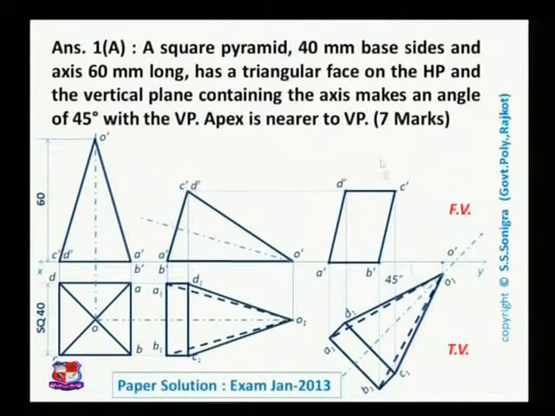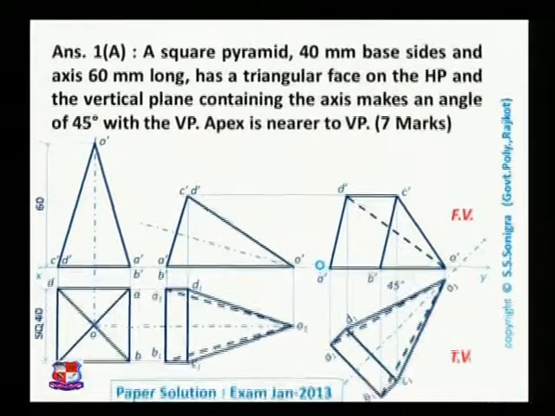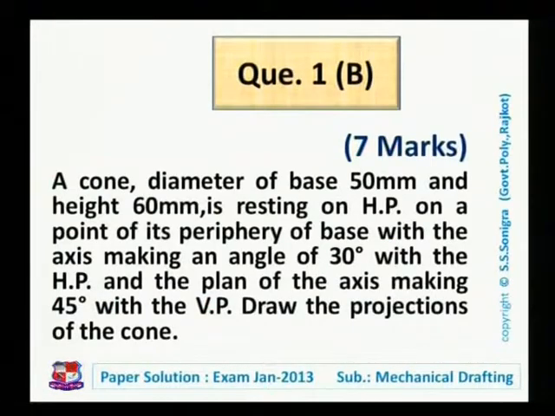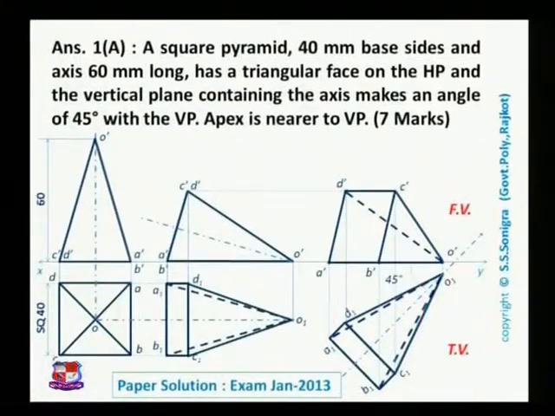And O dash, C dash is an outside line of the drawing, hence it should be joined with a straight line, and outside lines are never dotted, hence that would be a full line. And O dash, A dash would not be visible as it is away from us, so join them with a dotted line. And O dash, B dash would be a full line as it's an outside line. Hence this is the solution of the given problem. This is the front view, this is the top view, and here dimensions should be mentioned